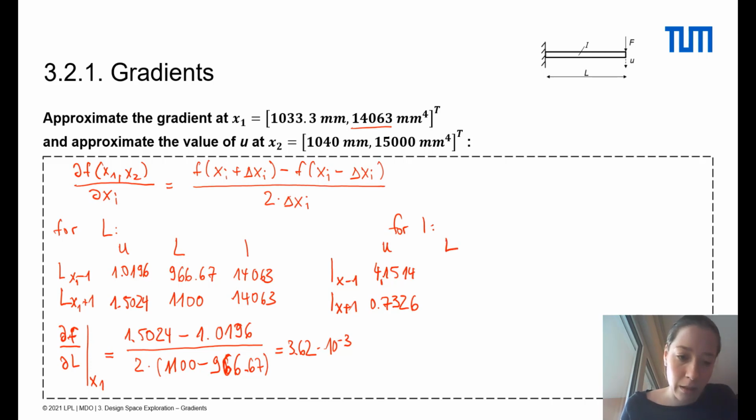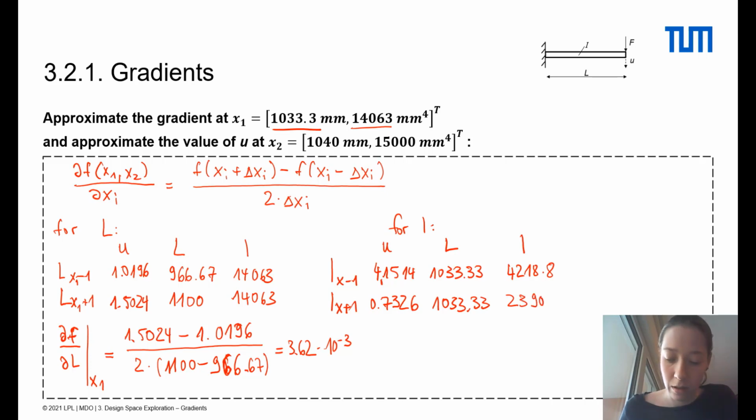Then we got L, which is fixed in this case, and we got the different inertias, 0.8 and 2396. Okay. dF over dI